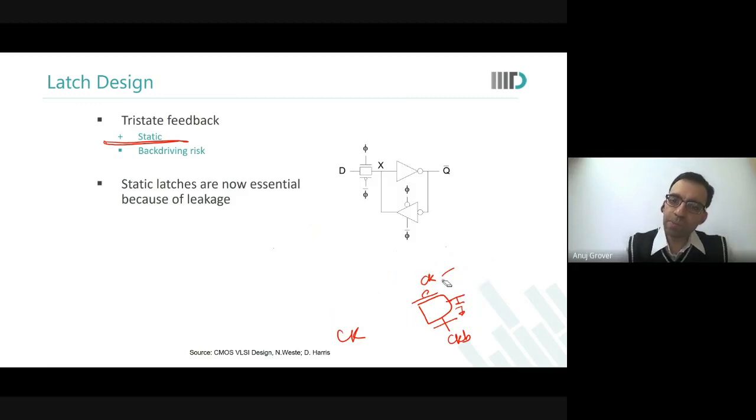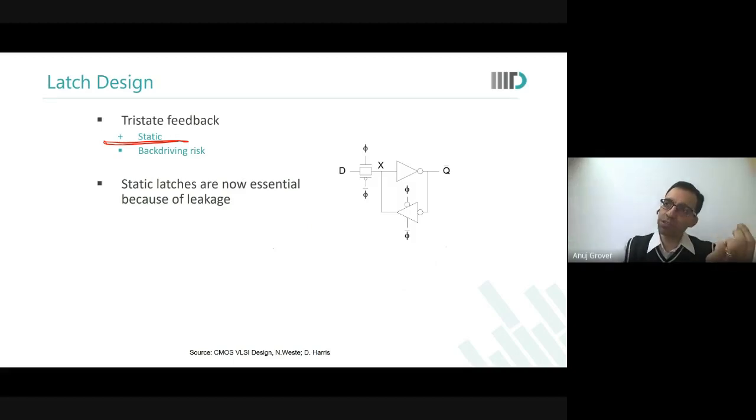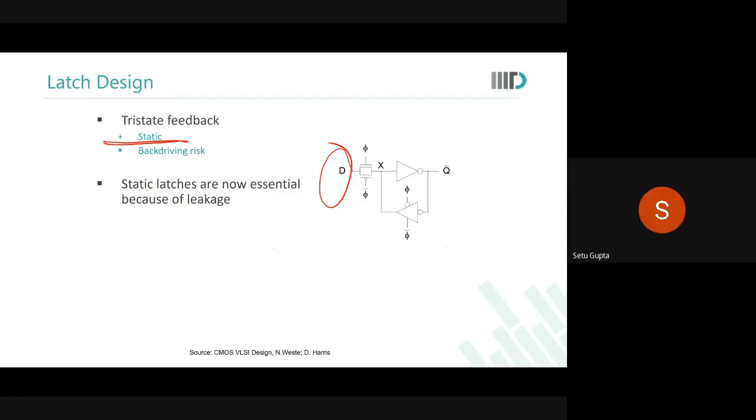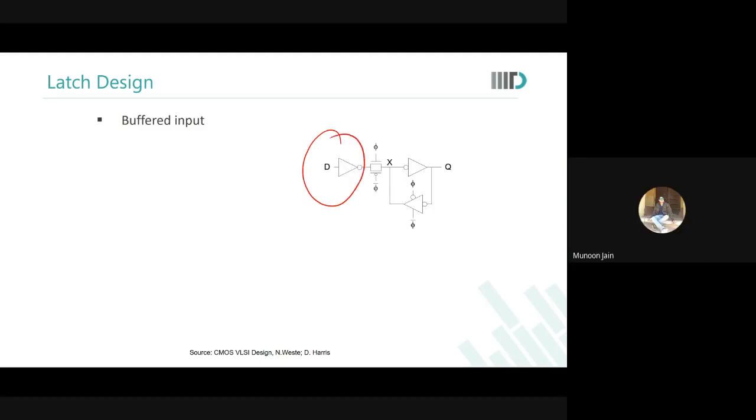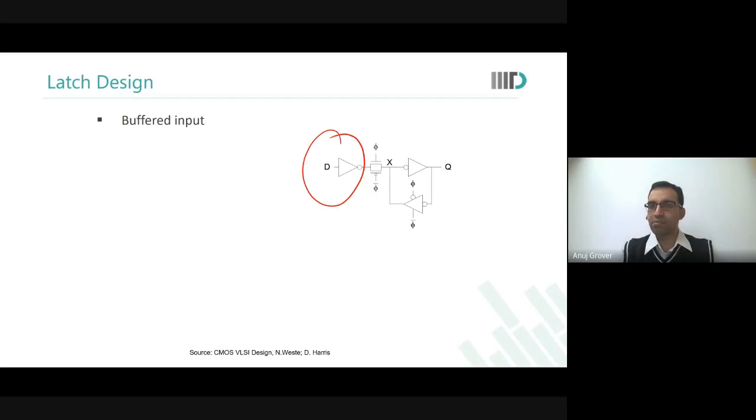So are you able to see this? We moved from a simple pass transistor logic to a circuit which has how many transistors over here? 8 transistors. And we still haven't solved the problem of diffusion input on D. So what do we do? Convert this also into a tri-state buffer. You could convert it into a tri-state buffer or simply put a buffered input, put an inverter before. But we discussed that tri-state buffer would be the better one.